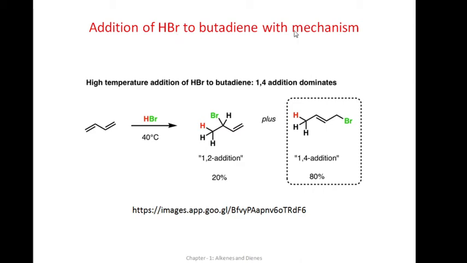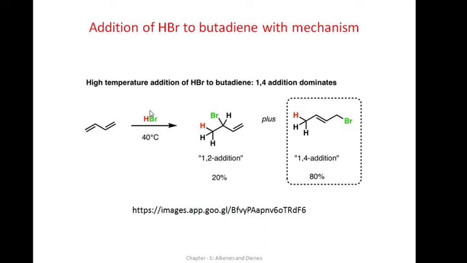So, addition of HBr to butadiene. This is how we represent the bond line representation of butadiene. I've told you this end point means CH2. Here it is CH. Here it is CH. And this is CH2. When we add HBr,